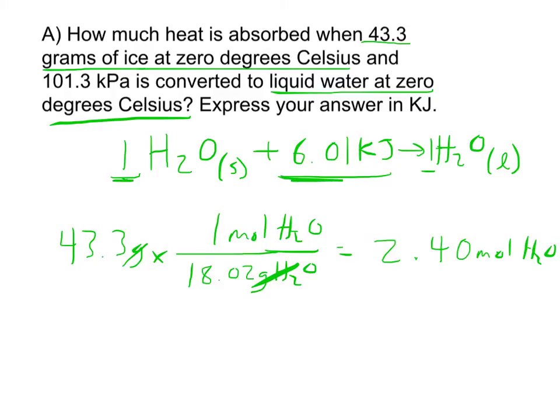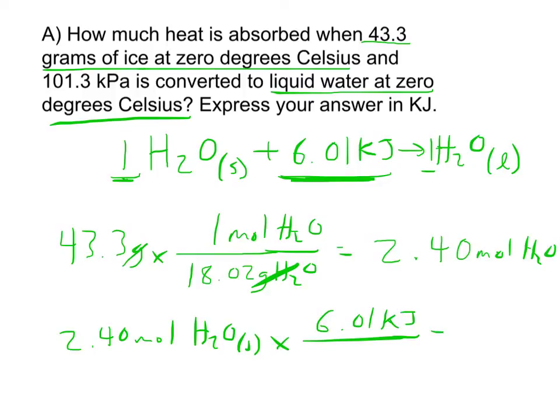Okay, now we know how many moles of water we have, and we know that for 1 mole of water, we need 6 kilojoules of energy to convert it to liquid water. So with 2.40 moles of solid water, it's going to require 2.40 moles times 6.01 kilojoules of energy to figure out how much energy needs to be absorbed to convert all that water to a liquid. We know that 1 mole of water as a solid takes 6.01 kilojoules of energy, so you're going to multiply that because you have 2.40 moles,